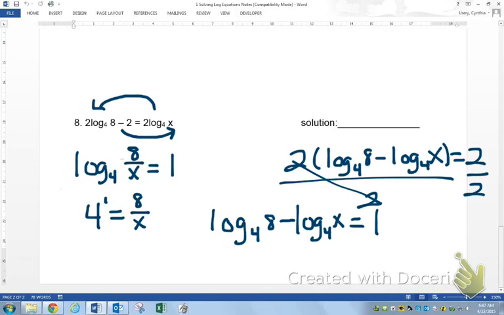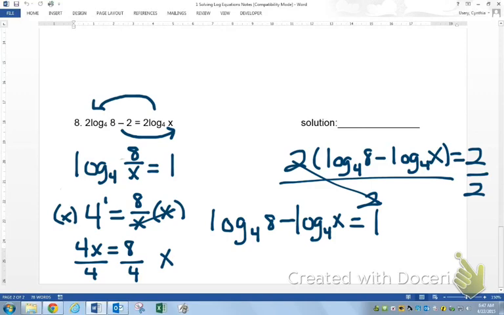All right, I can do this a couple of ways, but I'm going to do it this way so that everybody can understand. I'm going to multiply by x to get that x out of the denominator. So I'll end up with 4x equals, these are going to cancel, 8. Then I'm going to divide by 4, and I get that x equals 2. And that would be my